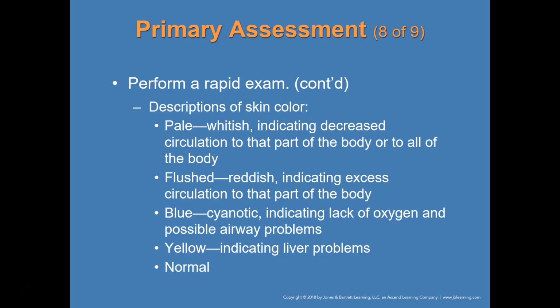Flushed is red, indicating excess circulation in that part of the body. Blue, like I said, cyanotic, indicating lack of oxygen, possible airway problems. Yellow is liver problems. It's also called jaundice. With those people, you might also see the whites of their eyes might be really yellow as well. And then normal